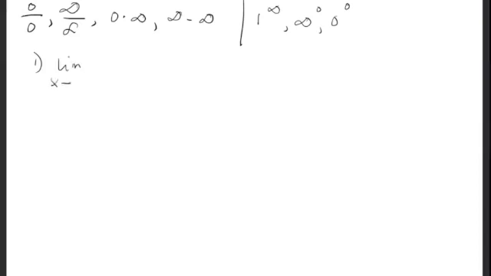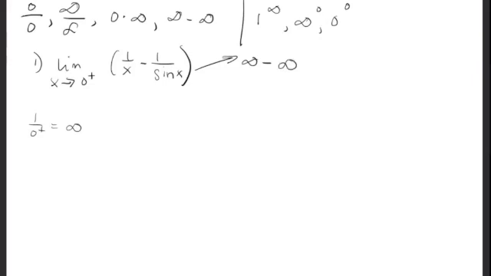find or evaluate as x approaches 0 from the positive side of 1 over x minus 1 over sine of x. So you will notice that this is of the form 1 over 0 from the positive side. 1 over 0 from the positive side, class, is infinity. So this is infinity minus infinity. So what we're going to do is to find the LCD. Para isang fraction lang siya. So finding the LCD, we have